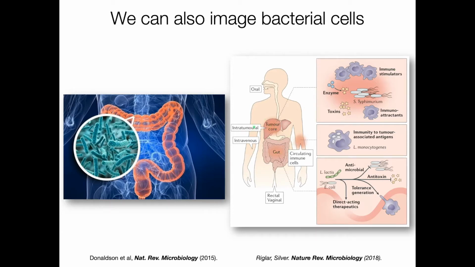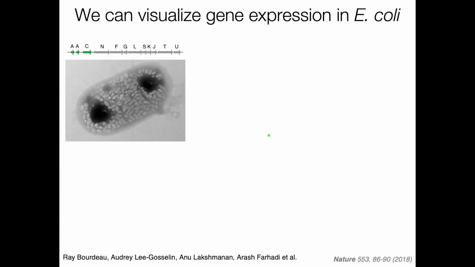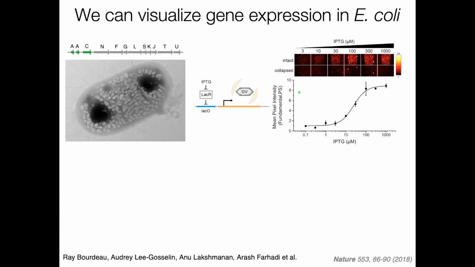And I'll show a couple things about that later on. And so we also wanted to take these genes from the cyanobacteria that normally make them and see if we could move them into bacteria. And that also turned out to work. So this is a gene cassette we designed that we can express in E. coli, a common commensal microbe, where now you can see the cell is full of gas vesicles if we really push the gene expression. We can also put it under inducible promoters, and then we can watch gene expression now here in living bacterial